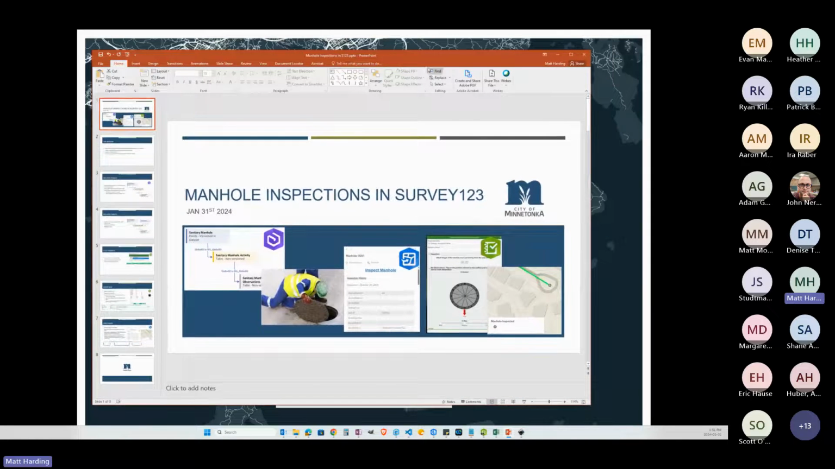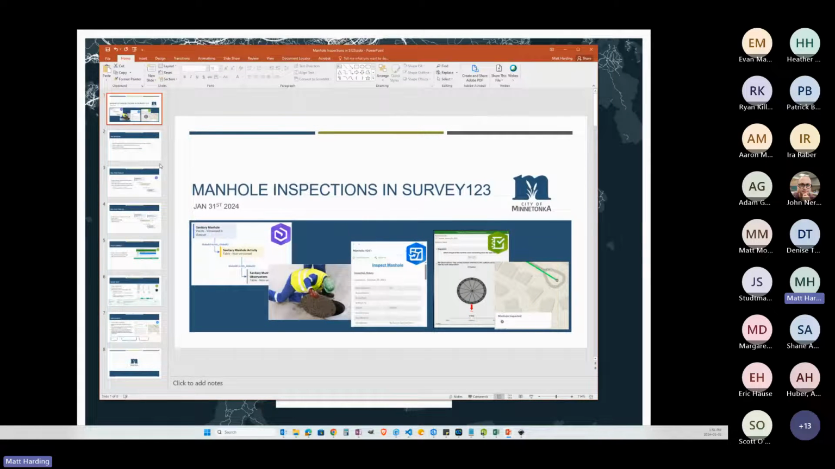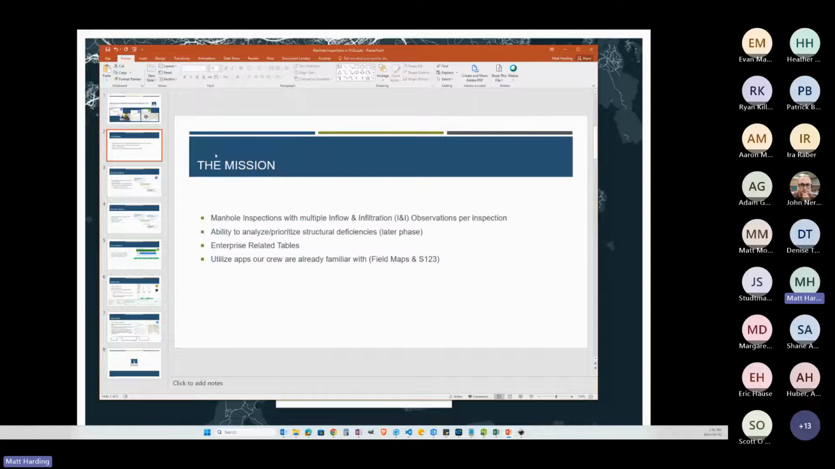We created a program for manhole inspections using Survey 123 and Field Maps. So we got given the task to create an inspection workflow with the ability to add multiple inflow and infiltration observations per inspection. I&I, if anyone doesn't know, is when stormwater or groundwater gets into